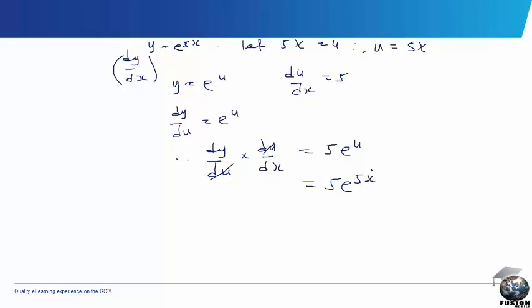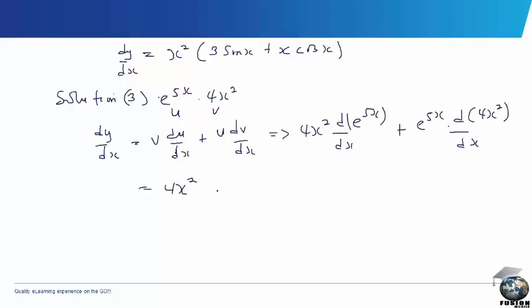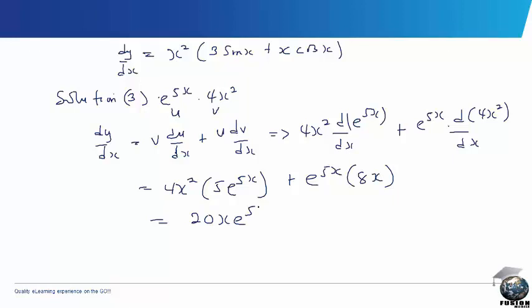Exponential u is equal to exponential 5x, and so we pick that and put it here, 5 exponential 5x as the derivative here, plus exponential 5x, and then when we differentiate 4x squared we'll have 8x. So you can write this as 4x squared, 4 times 5 is 20, and then we have 20x exponential 5x,